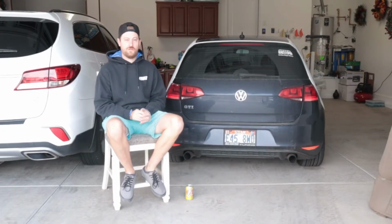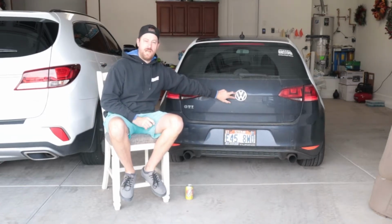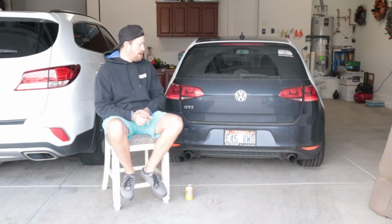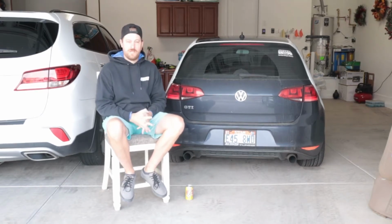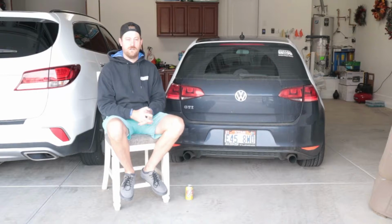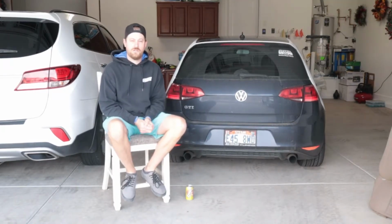Today I am going to apply some new decals to my front and rear emblems on my MK7 GTI, as well as some decals on some of the different badging that's on the GTI, including the steering wheel and the side fender GTI badges. So I hope you're going to enjoy this as much as I do, but before we start,